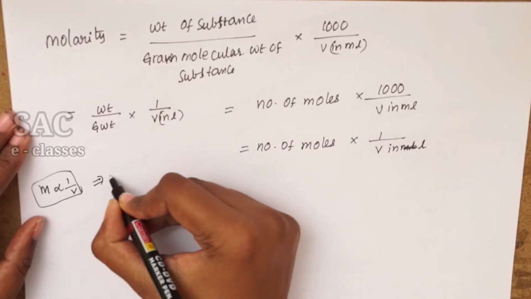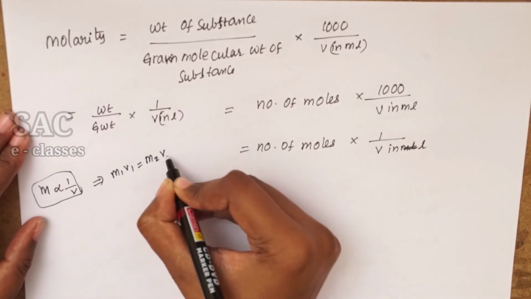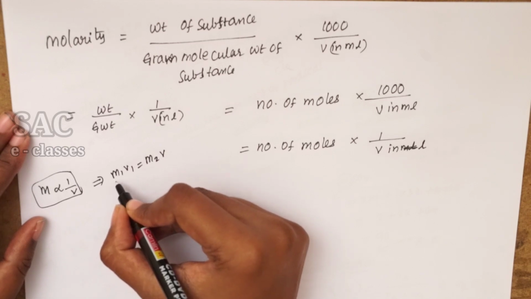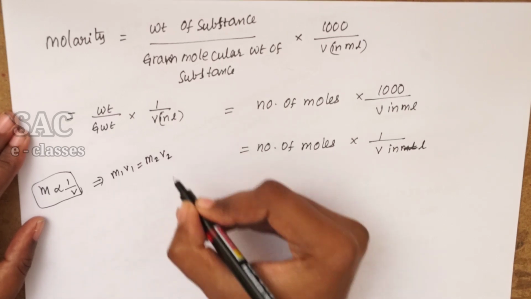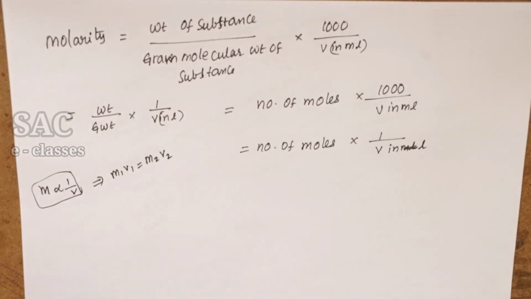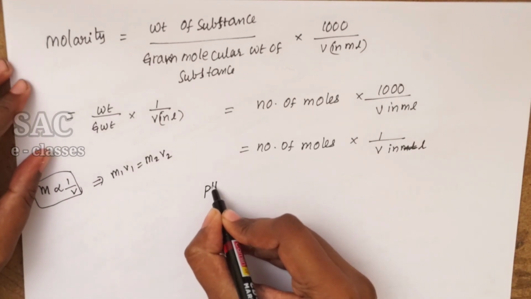So M1V1 is equal to M2V2, where M1 is the molarity of the solution and M2 is the molarity of the solution the second time. M1V1 equals M2V2. Why are we learning all this? Because we want to calculate the pH of